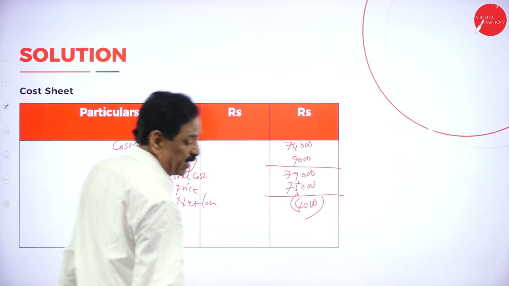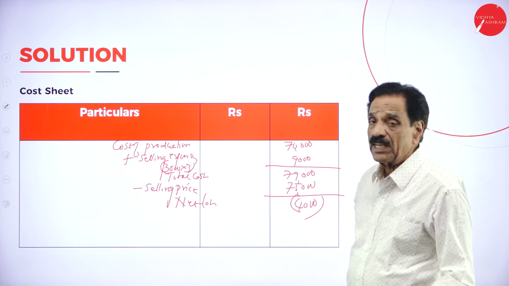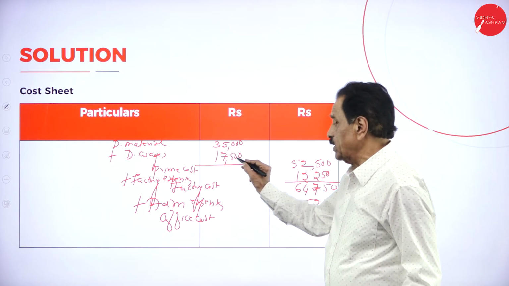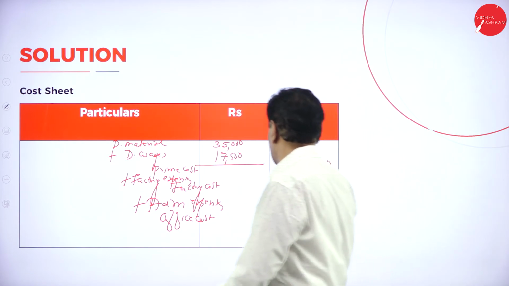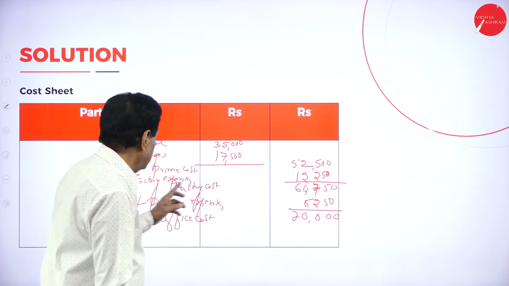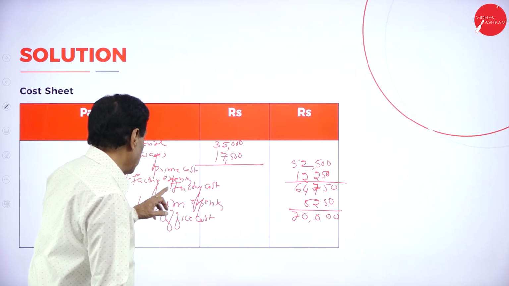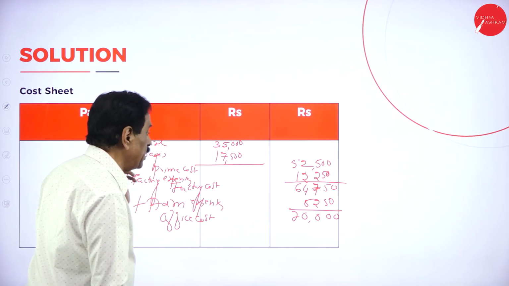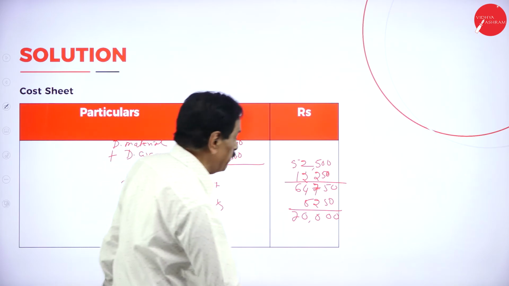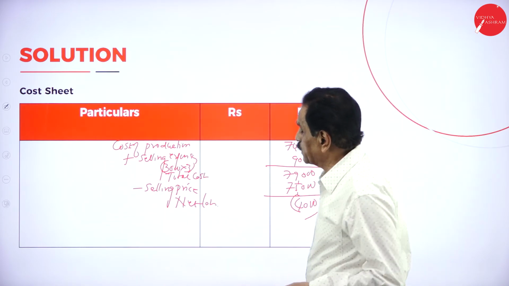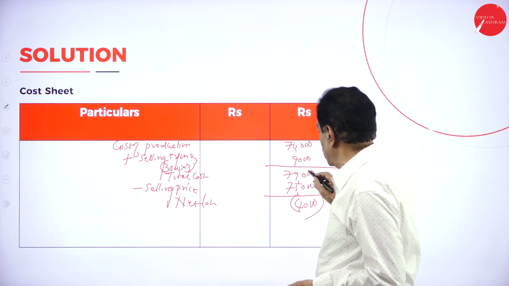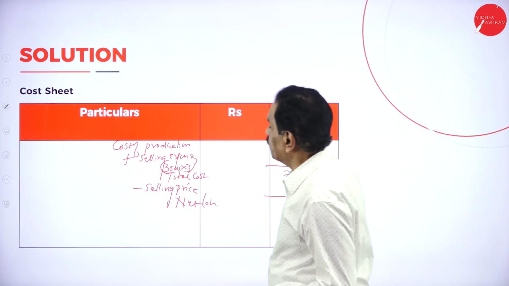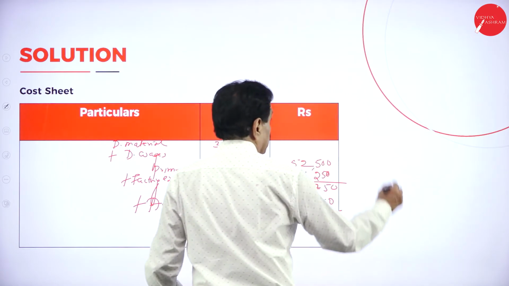Here also we got the second session also we got the net loss. How it is? Direct material, direct labor. We can go with direct material 35,000. Direct wages is 17,500. It will come 52,500. Then add, this is the prime cost. Then add factory expenses. So 70% of wages is 12,250. Add administration expense, 10% of the prime cost become the 70,000. Add selling expenses at 3 rupees per unit. It comes to 9,000. 79. It will be sold for 75 at a loss of 4,000. Now, which are the differences we have to find out? First, factory expenses.